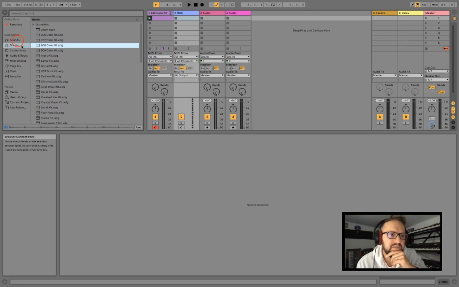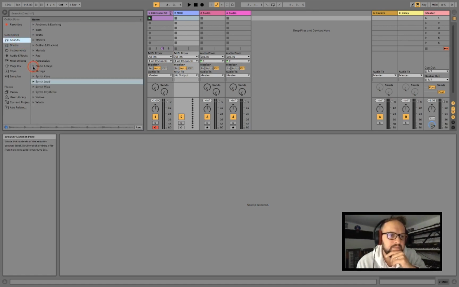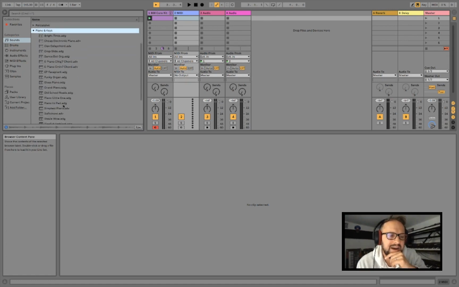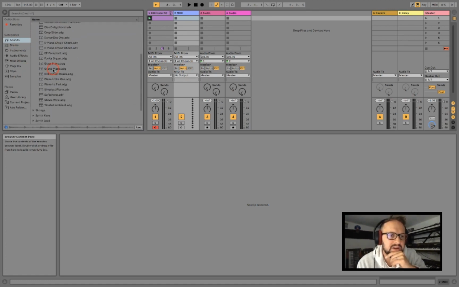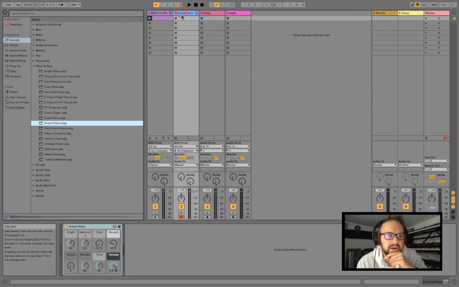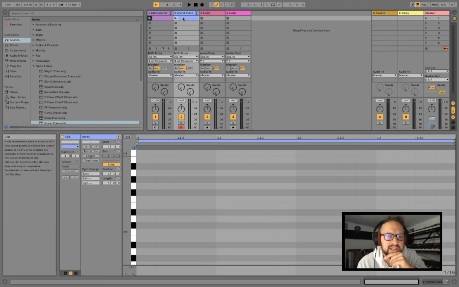So the first thing we want to do is go to sounds here, go to piano, and we want something that sounds like a real piano. So I'm going to go for this one, grand piano, and load that up. You can see I'd clicked on that MIDI channel first, double clicked that, and now that's loaded here. You've got some controls down here, but we're going to leave those alone for now. We're going to do the same thing, double click here to create this, and then